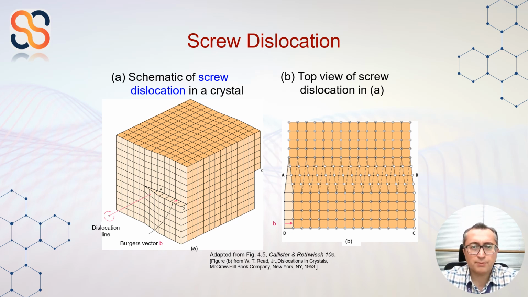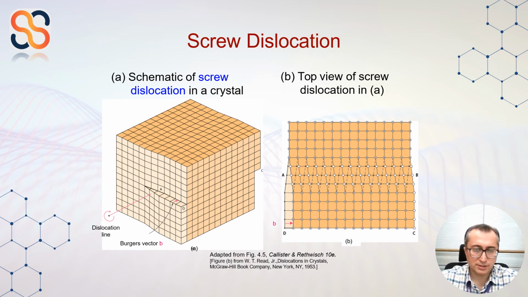In a screw dislocation, the Burgers vector is aligned with the dislocation line. It means that the direction of the atomic shift and the dislocation line itself run in the same direction. So this alignment creates a sort of ramp of atoms, allowing layers of atoms to screw around the dislocation line. In the right image, we have a top view of the screw dislocation. Here, we see how the spiral structure unfolds. So it shows how the atomic planes wrap around the dislocation line in a circular pattern, much like a screw